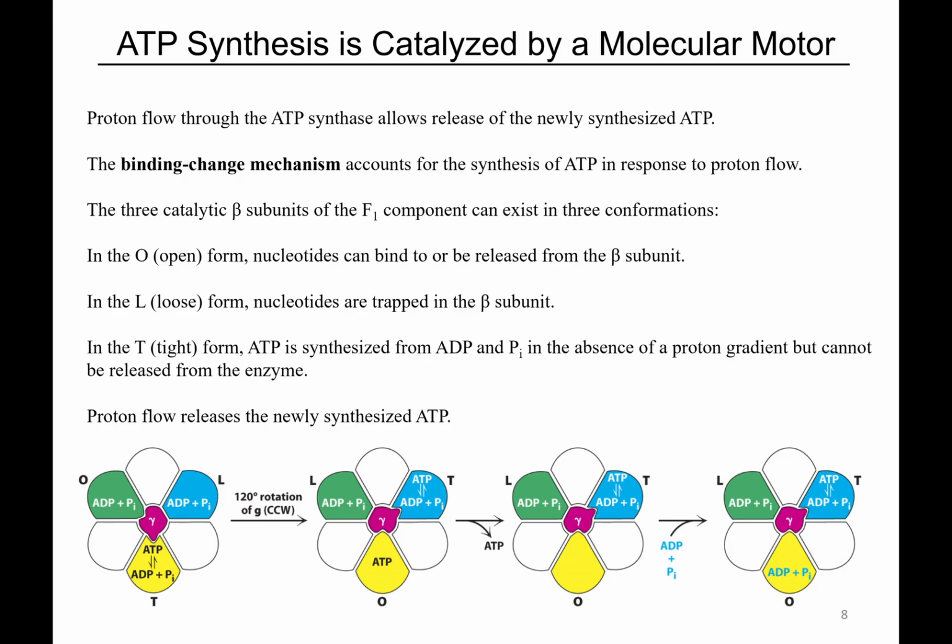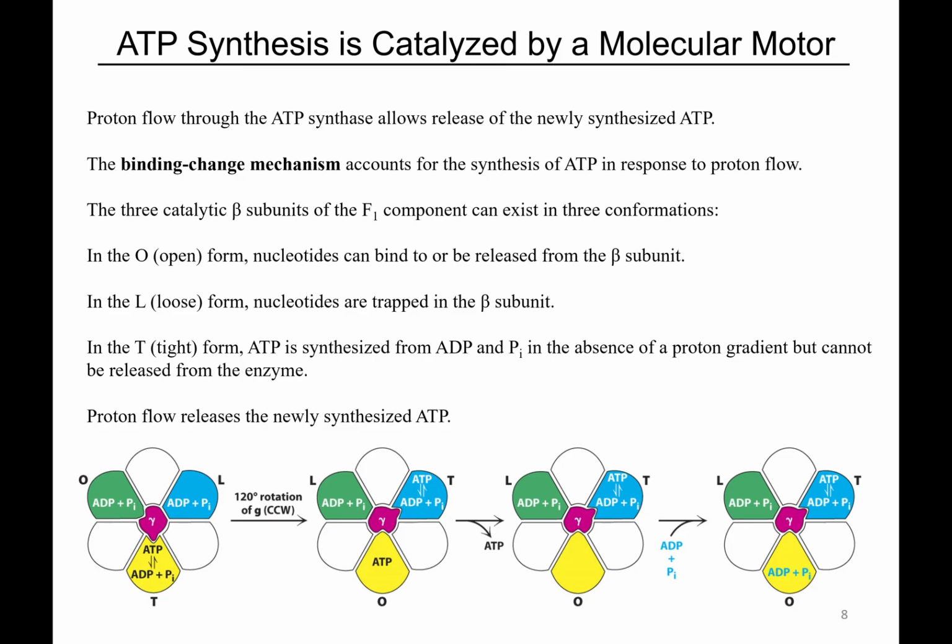We get our first 120-degree rotation. The gamma subunit is now pointing to the top right. What was L is now T, so we make ATP. What was T is now O, so the ATP actively diffuses out. What was O is now L, so the substrates are locked into place. We have ATP diffusing out. We have our new substrates, ADP and phosphate, diffusing into the O state, and that resets us for another 120-degree